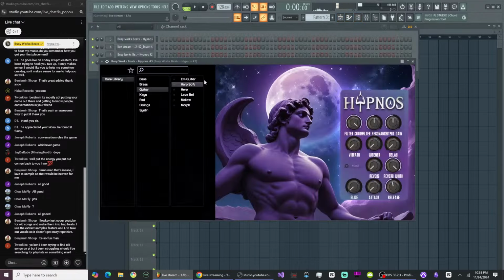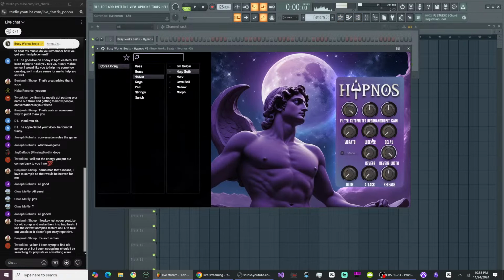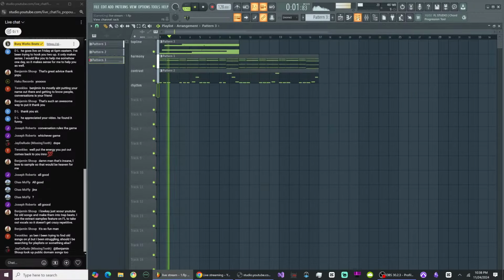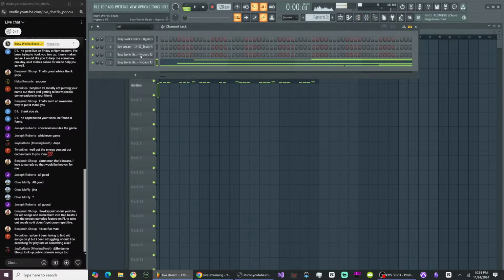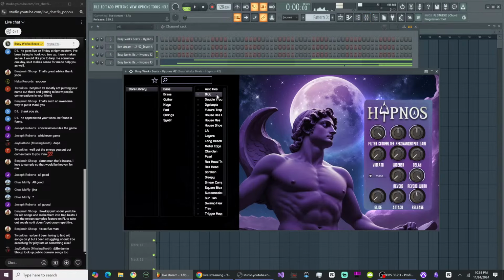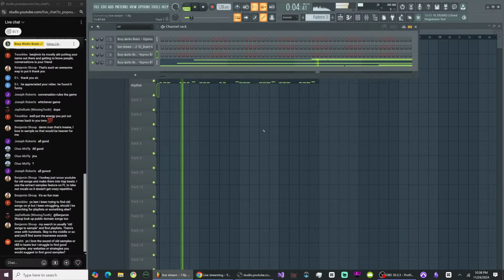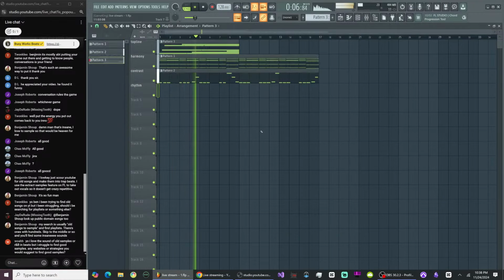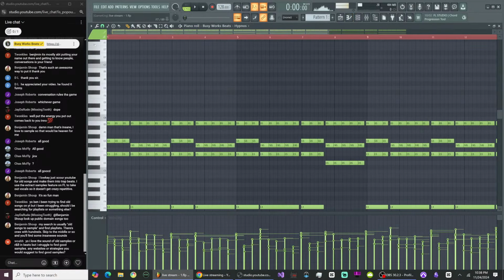And the cool thing of Hypnos is it comes with the built-in effects for melody, so I'm going to use the reverb and delay for this, just to give it a vibe so it's more spread out. Now I'm going to swap out the bass sound only because it's being swallowed up by our chord set. One more thing is for this trap vibe, we're going to hit Alt Q.